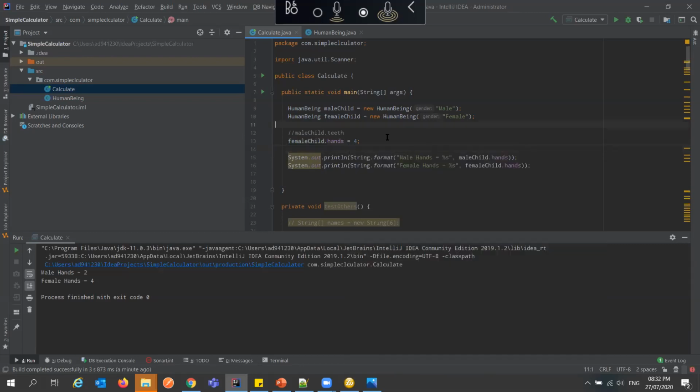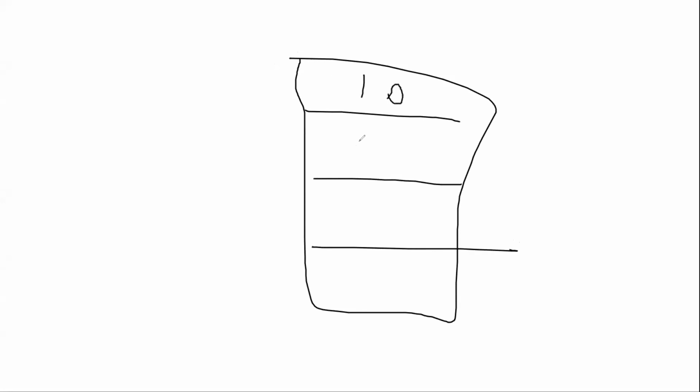Now, there's something called reference type and value type. Recall that when we were talking about arrays, I put something like this, the cells. Or when we were talking about variables, I said I can have a value here, 10, I can have 20 here, and 30.